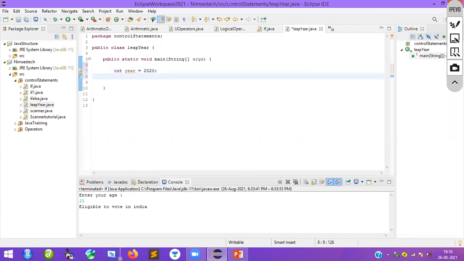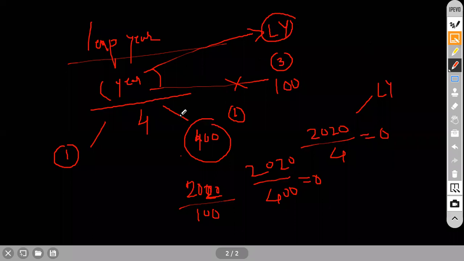So what is the condition? Please understand the condition here. I will mention if. Here I will check divide by 4, remainder equal to 0. If it is true, it will check one more condition. That condition is, again, it is not divisible by 100. If it is not equal to 0, then that is okay. Again, one more condition I will check, divisible by 100, so it has to give the remainder.